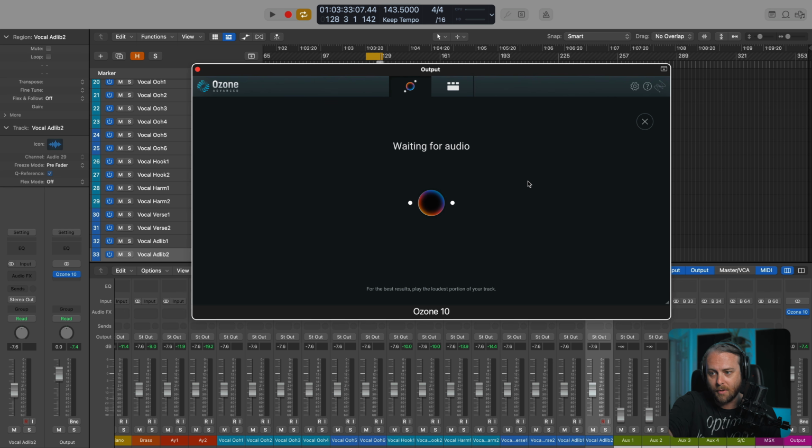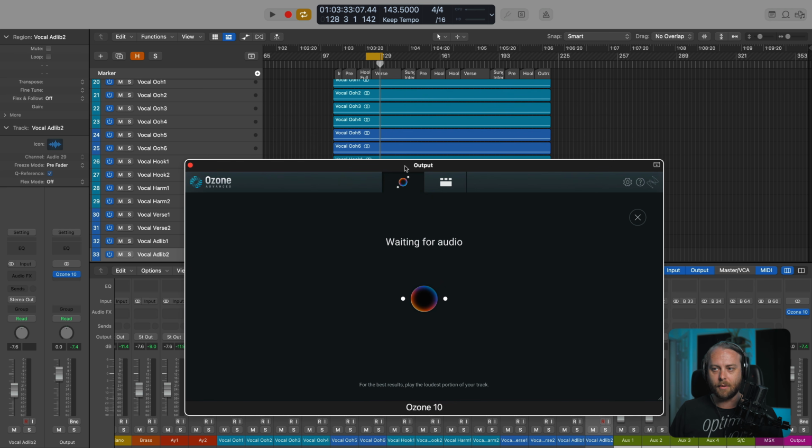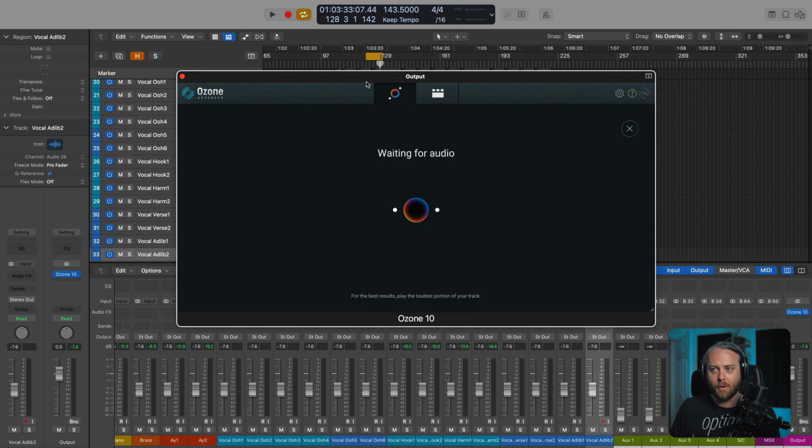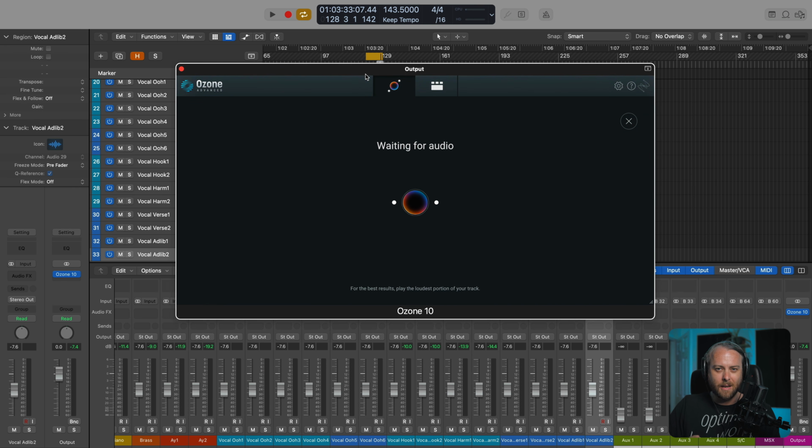And at the very bottom here, you'll see, for best results, play the loudest part of your track. That's why I have a cycle in Logic, they're called cycles, or a loop set up over here in yellow with just the chorus. You'll want to make sure that you're giving Ozone a loud moment that's full of energy and really well tonally balanced, and not the quiet moment, because if you train Ozone on a quiet moment, the settings might not generalize very well to the louder parts of the track. So it's important to have a nice loud section for this training pass.